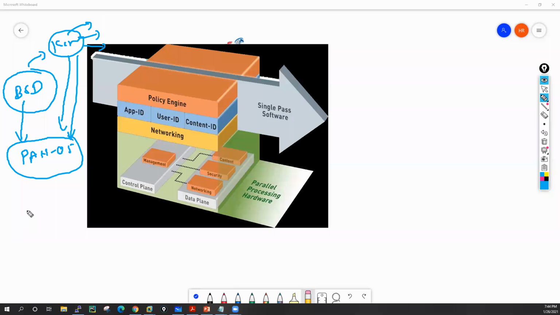Let's suppose your SSH is not working; you have to restart your SSHD daemon. If your login is not working, you have to restart your log receiver daemon. These kinds of things we can also do, and we can troubleshoot.